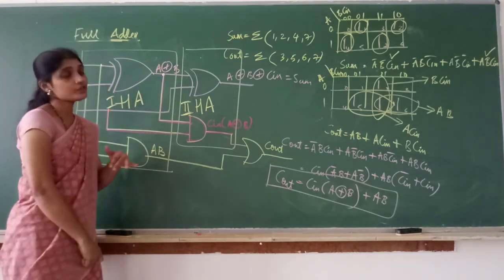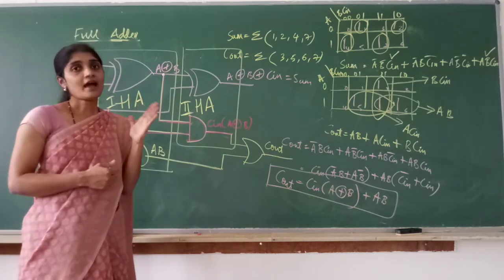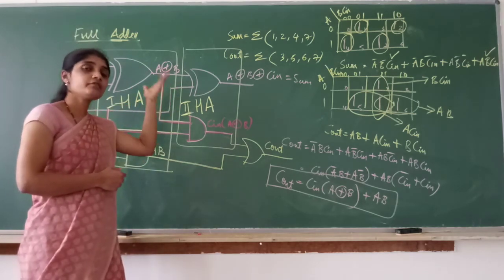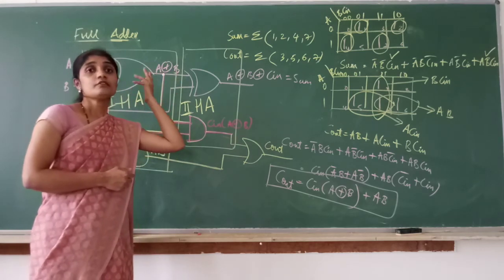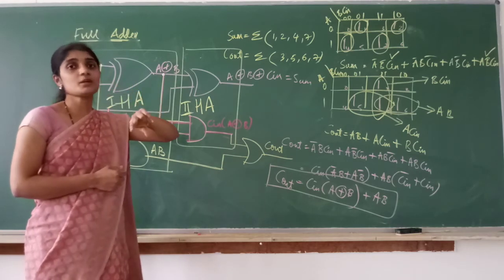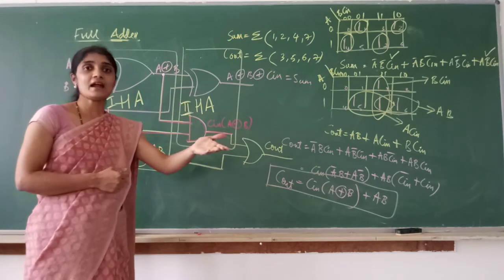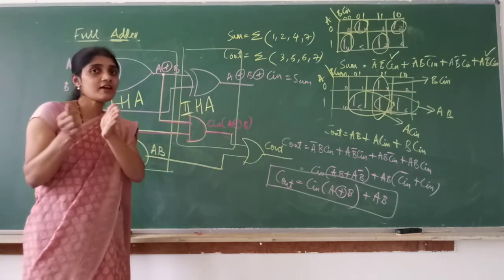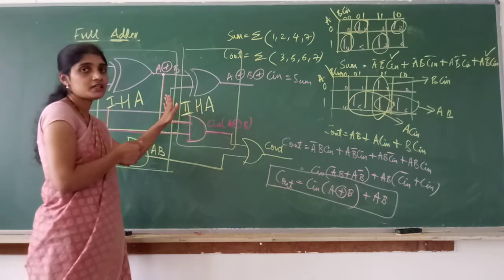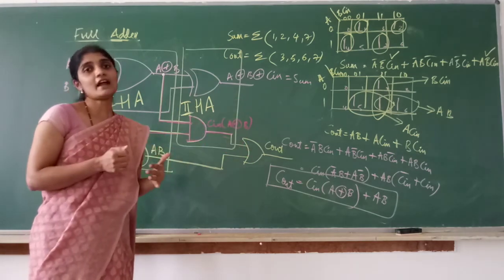This concept is useful when we design a parallel adder. See, we cannot end our adder design only at the full adder. We will have more than 4-bit, 5-bit numbers. A full adder can add only A, B and carry, which is 3 bits. If we have 4 bits, if we have 5 bits, how do we add? So we must design a parallel adder. When we design a parallel adder, we will have to cascade full adders. Why? A full adder can be designed using two half adders, and a parallel adder can be designed using n number of full adders.